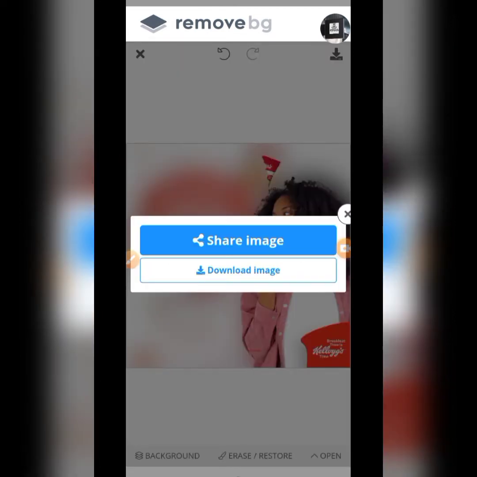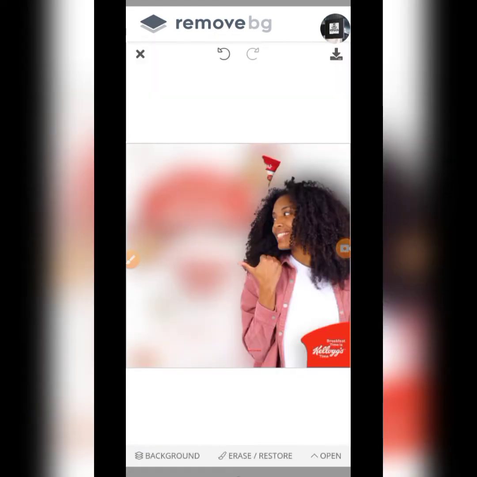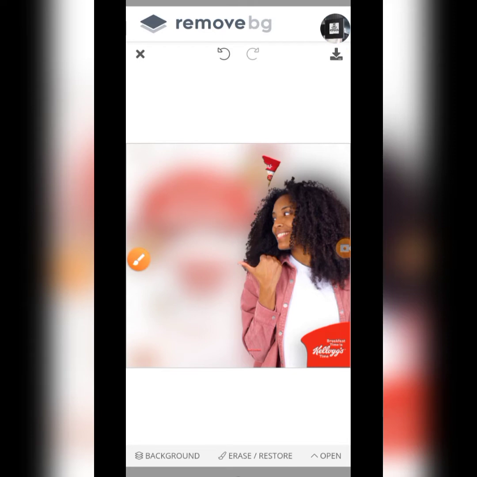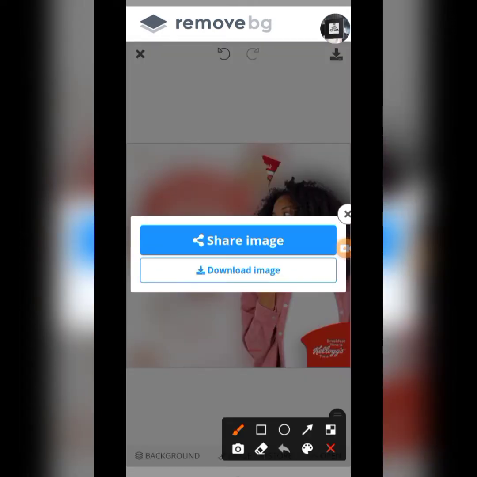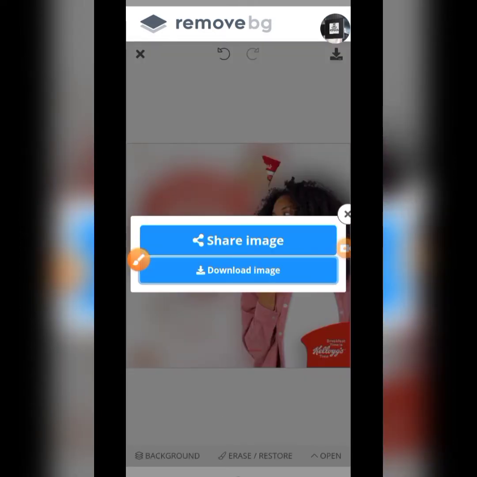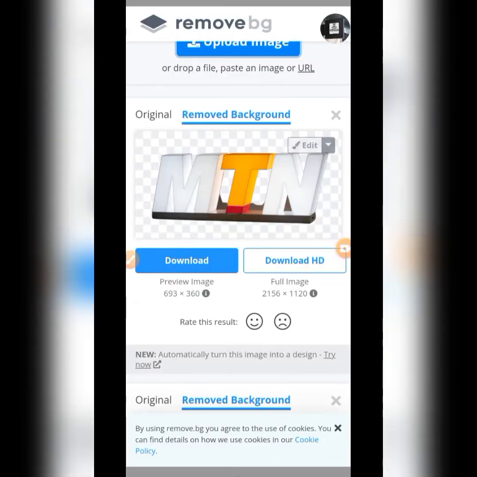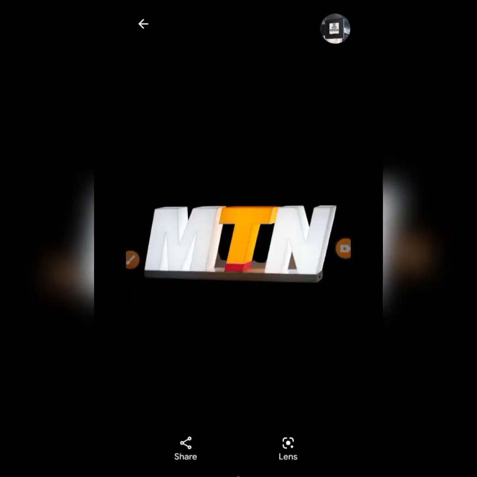You can see, if you look carefully, you are going to see something here. Let me show you. This is where you click to download the picture. So you click on download image. Are we together? So we have it here. So you see, we can also have this removed. You can see it's now removed. So we have also downloaded it. So now let's go to the proper app where we are going to put the design together, which is the